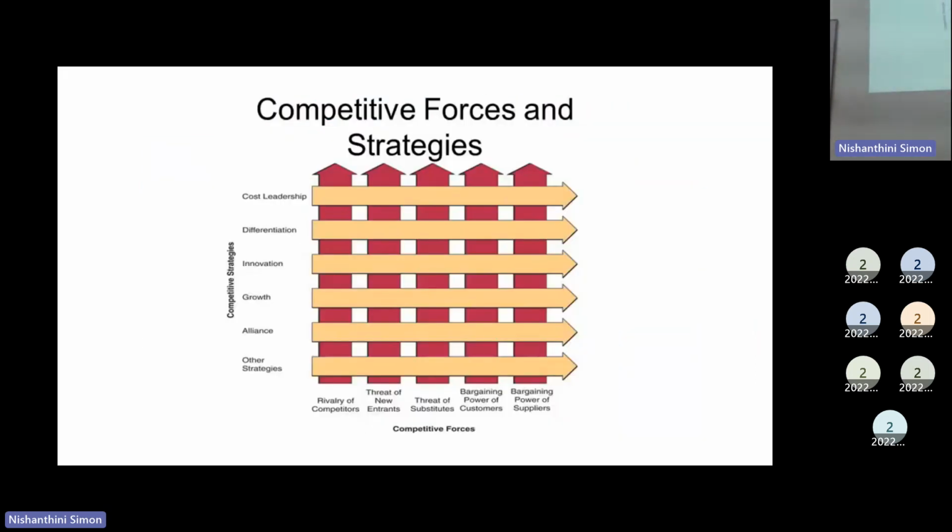So in this diagram, we were talking about the basic 5 strategies. Then there are some other strategies. So before moving into the other strategies, we'll move into a